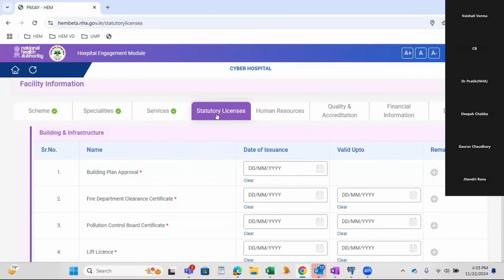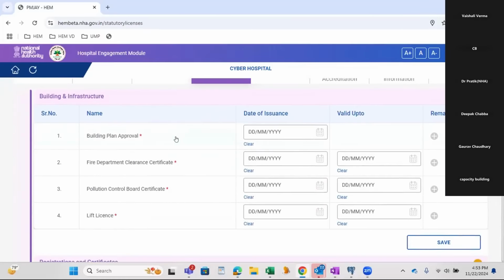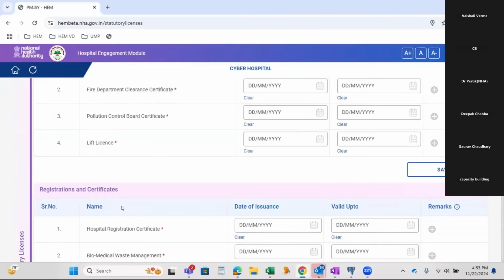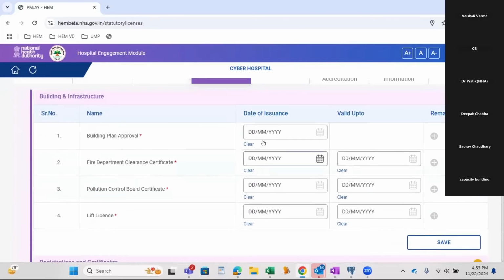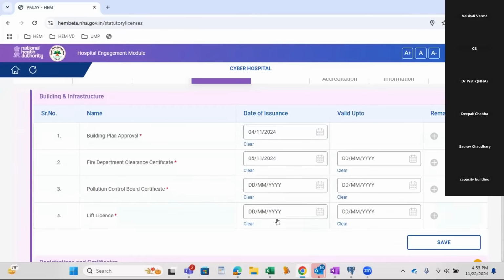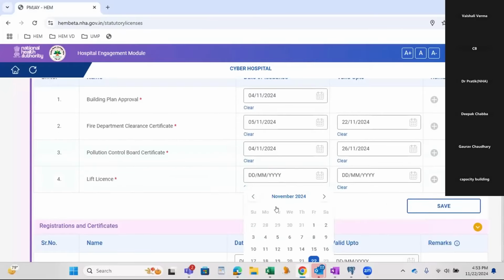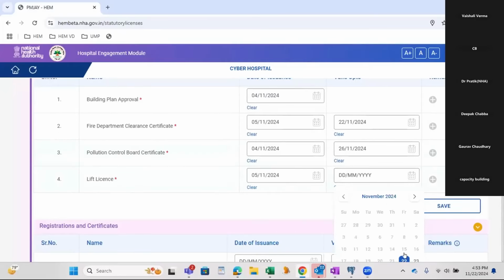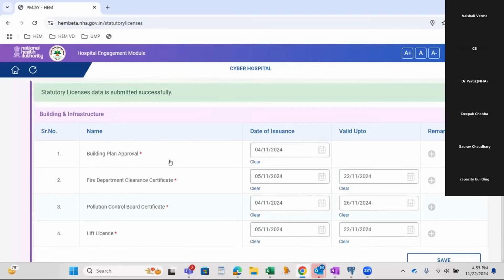Now this is a statutory tab. Here we have all the building infrastructure and registration certificate fields, date of issuance and valid up to. I will select the dates. Click on save.